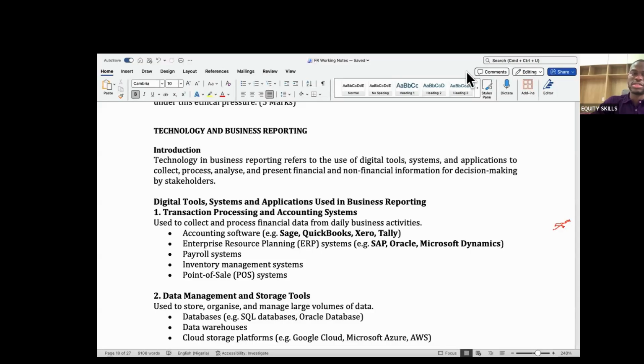There are some tasks that the machine can easily do. So it makes us develop ourselves beyond just number crunching. We focus more on problem solving rather than crunching numbers. There is a lot of work I want to do now in my office, and I won't even waste my time. AI does a lot of the analytical and number crunching things. I focus more on the advisory, more on the insights.